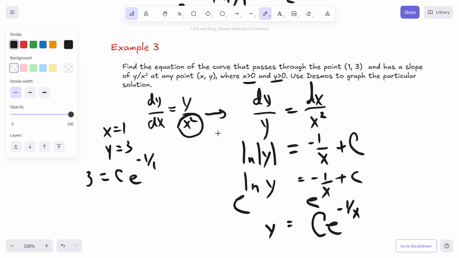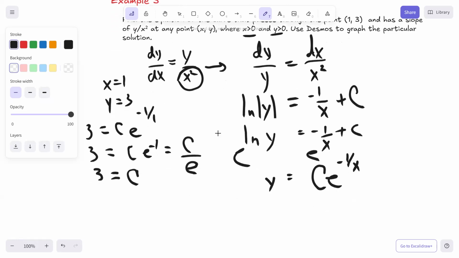And therefore, you get 3 equals c e to the negative 1, which is c over e. So c equals 3. Now, our particular solution is going to be y equals 3e to the negative 1 over